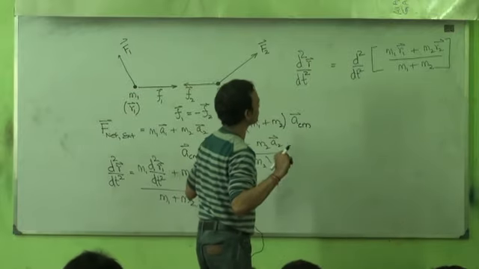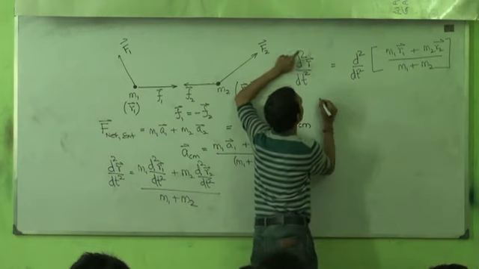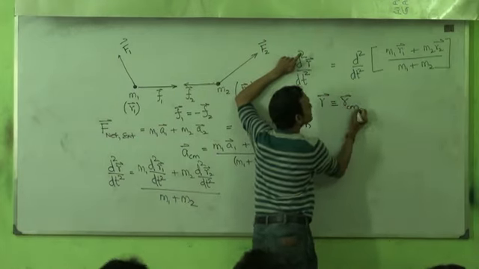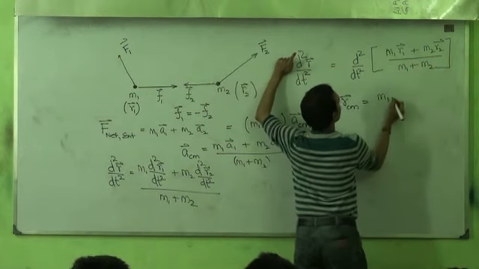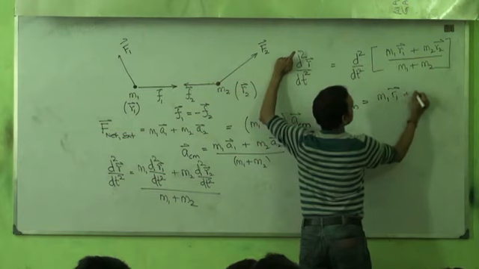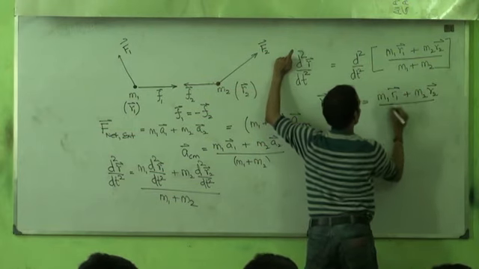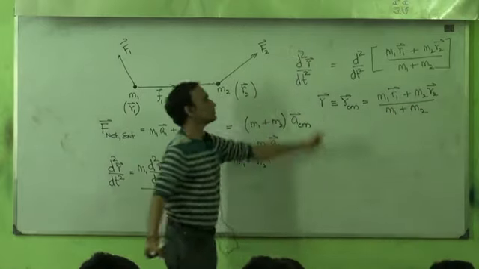I could then say that R could be looked upon as the position vector of the center of mass, which is (m1 r1 plus m2 r2) by (m1 plus m2),